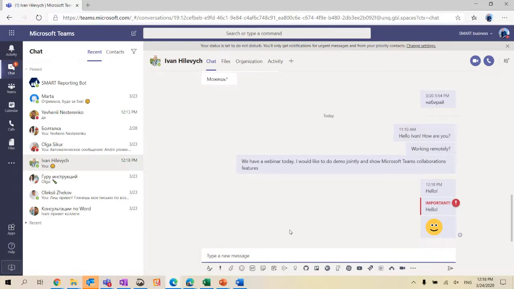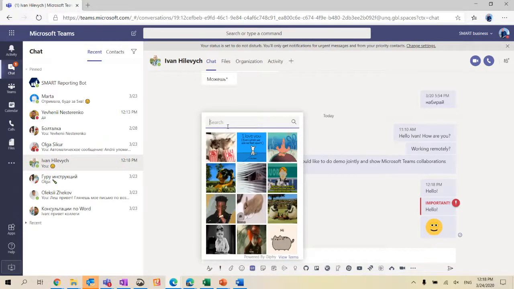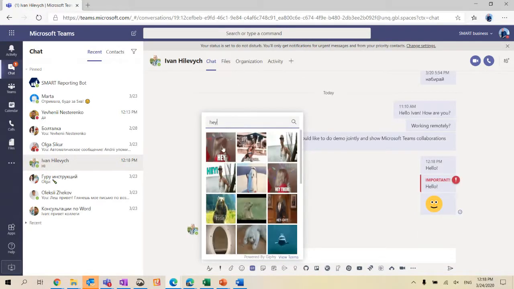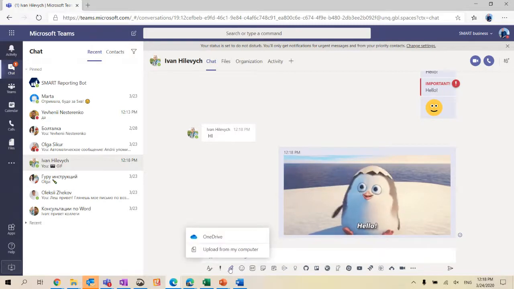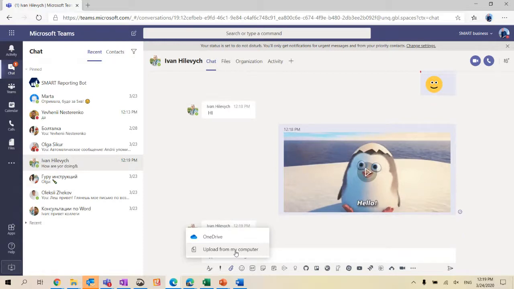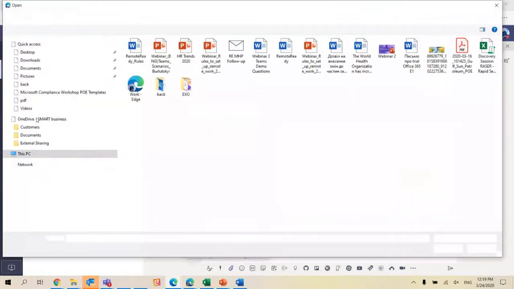I love it because corporate communication should be friendly, should be very human. I can use different types of emoji. And of course, here I can attach any document to collaborate, to work together. Instead of sending by email several versions of the document, then to be lost and frustrated which version is the correct one. So I want to work with Ivan on a single true version, and then I upload it from